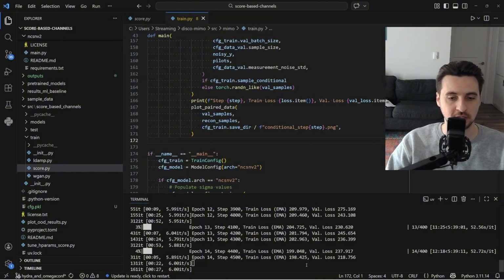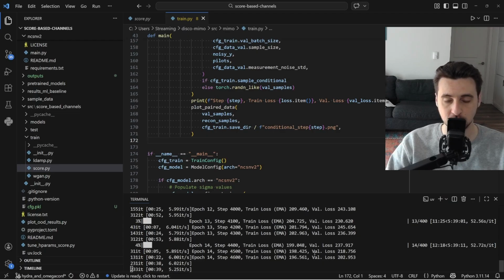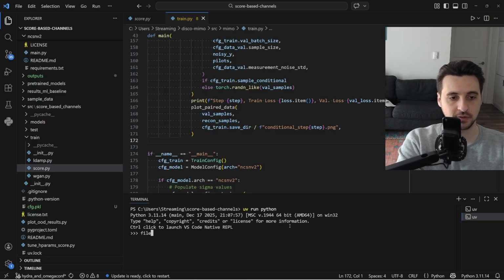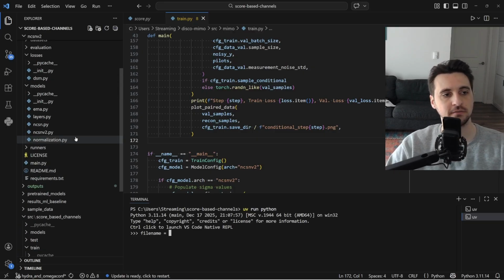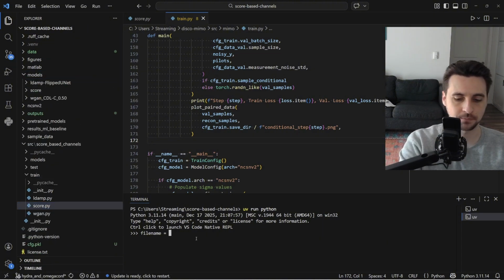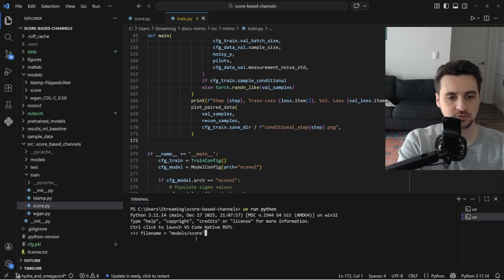Okay, so I know this kind of stalls out at about 200 then. Interesting. I'm actually curious about one more thing then. Let me think about it. UV run Python. So if I go file name, where do I have this? Do I have a model here? It seems like I do. Interesting. Models, score,